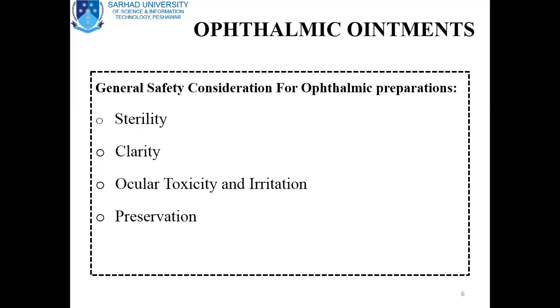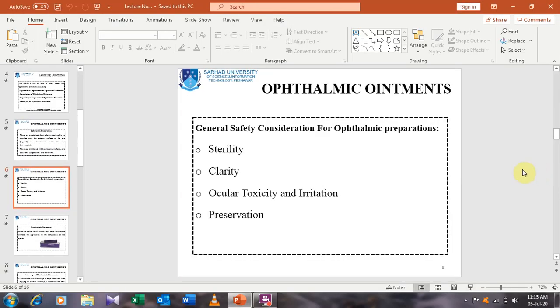Ocular toxicity and irritation should be checked for the ophthalmic preparation. If it causes toxicity and irritation, definitely it should be avoided. And it should be preserved. If it is not preserved, proper